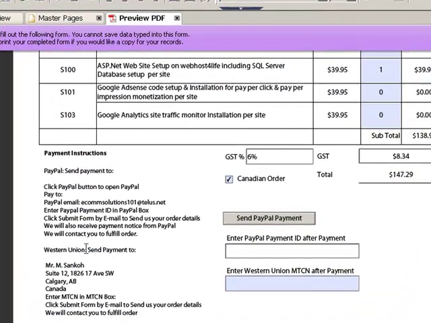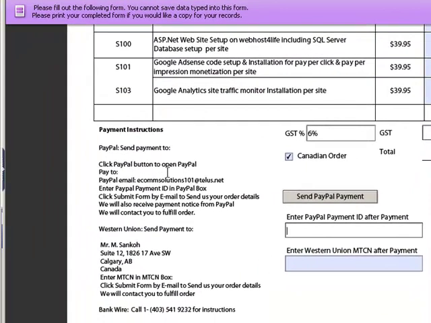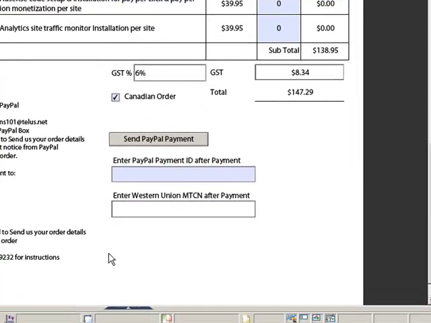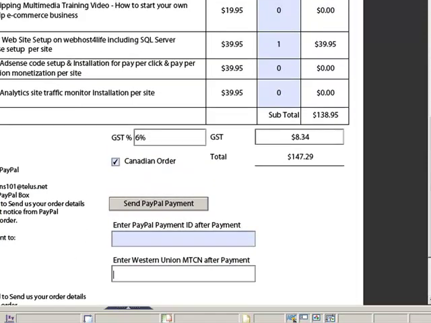And if the customer instead wants to pay, say they don't have a PayPal, because not every country has PayPal. So let me say they want to pay instead by Western Union. They will make their Western Union payment online or even offline, and they get their money transfer control number, and they call me, I paste it in here, and that's basically it.